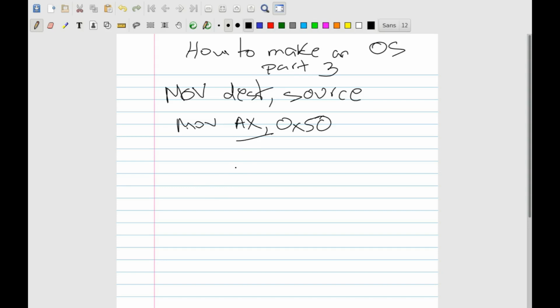If the destination is a memory location, the source must either be an immediate or a register. That is, you can't directly copy data from one location of memory to another using the MOV instruction. So, if you do want to copy one word, let's say, from a memory location to another, you would first have to copy that word from the source into a register. So you do MOV AX, and then